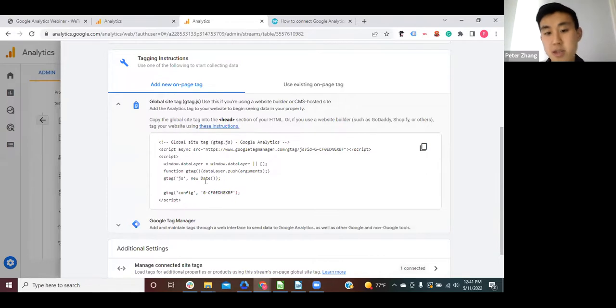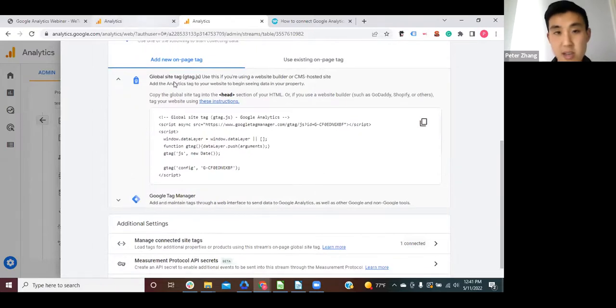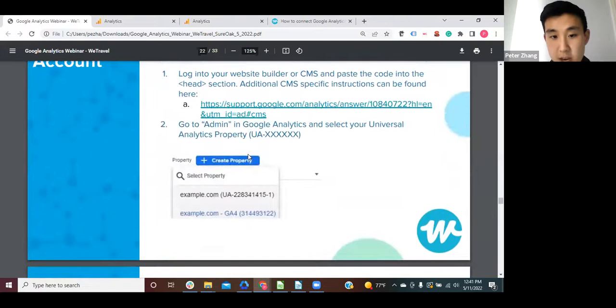But once this code snippet is pasted right after the head tag appears on your code, we have to go to our other property to make sure we're tracking both properties at once. So we would paste this into our code, which I show here, and then you'd have to go back to your other property.